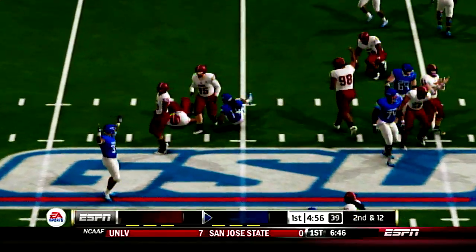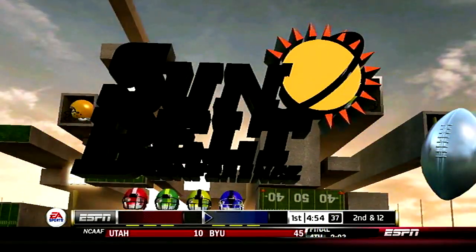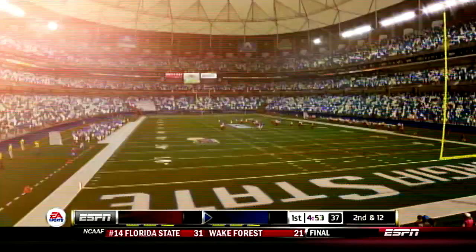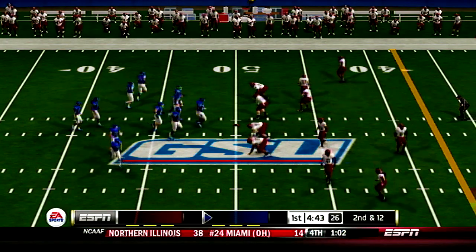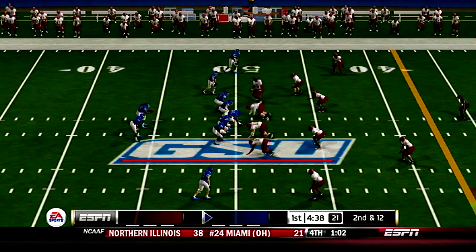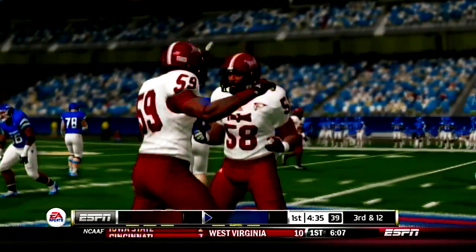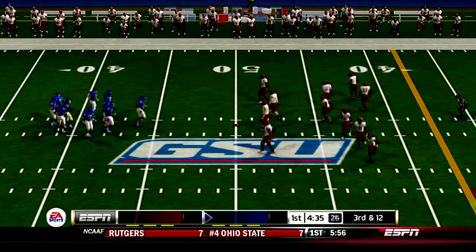Tackle made right around the 50. Loss of 2 yards on the play. That'll bring up 2nd and 12. It's 2nd down, 12 to go, ball on the 50. Quick strike to the back, and he drops it. Intended receiver on the play. That brings up 3rd and